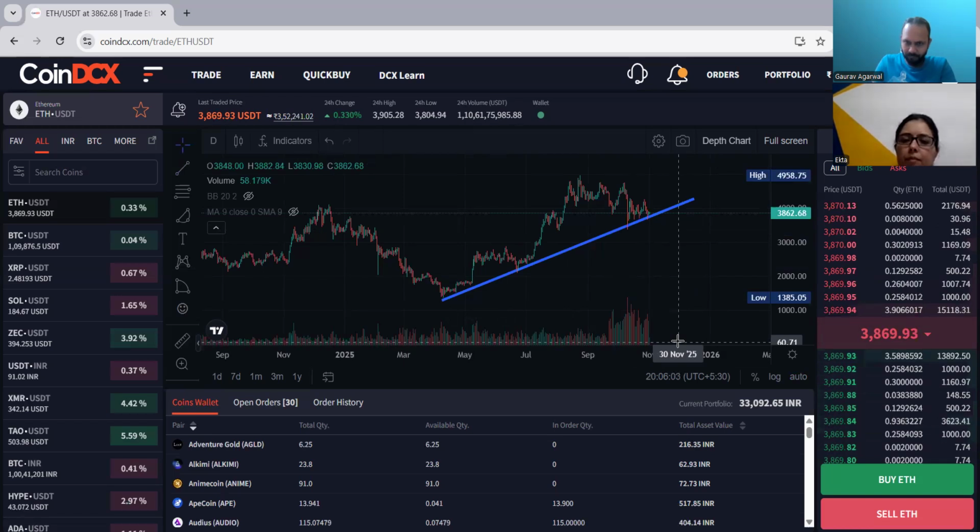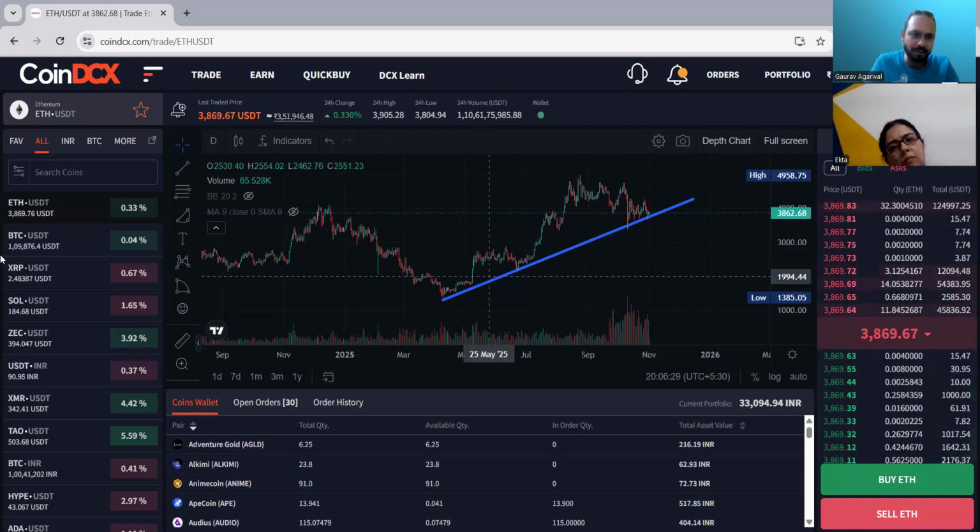So three patterns are showing that this price is at support. The trend line is showing it is a support. The horizontal line is also showing support, and the rounding bottom is also showing support. That means there is a confirmation that it is not easy to break this price. So maybe you can enter here with a strict stop loss.